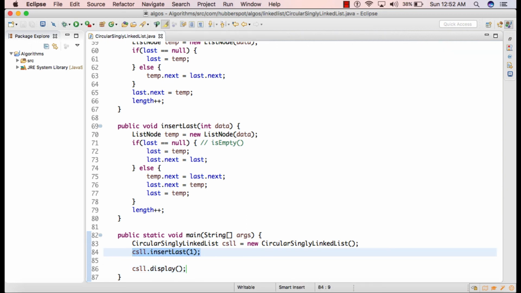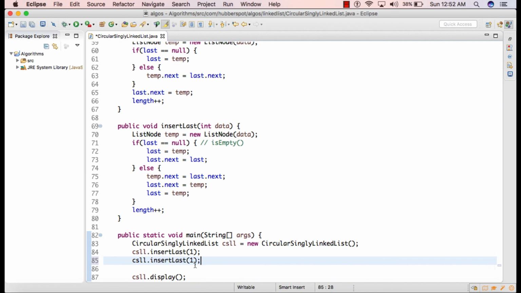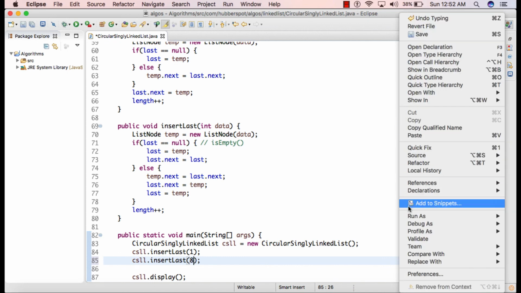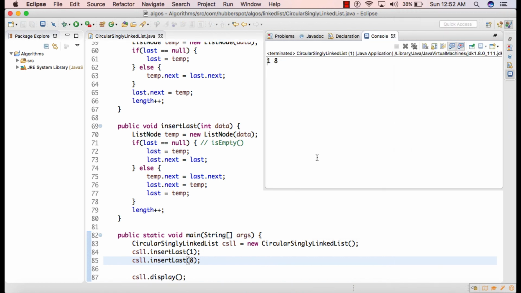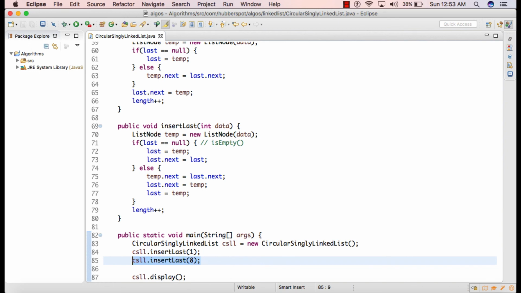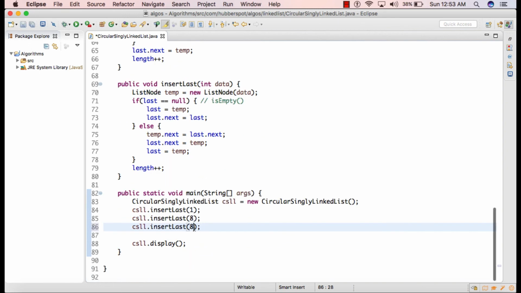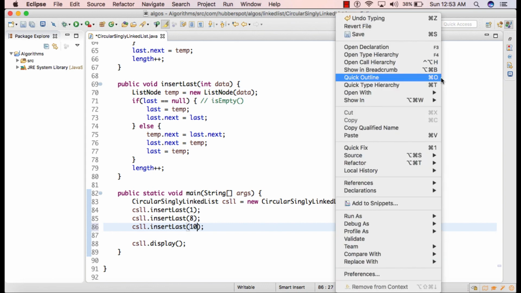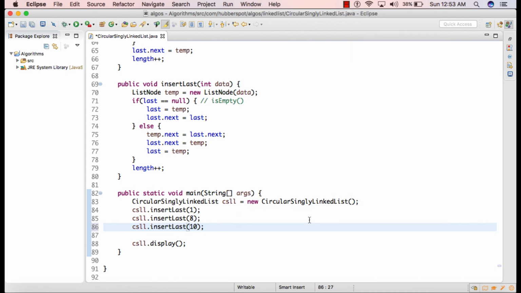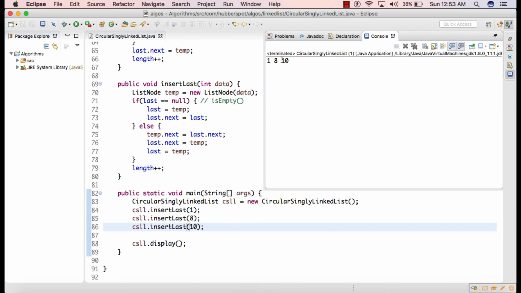Now let's insert one more node, and I provide data as 8, and when I run this code, you can see it printed 1 and then 8. So therefore it inserted 8 at the end of the circular singly linked list. Now let's say I insert one more node having data as 10, and if I run this code, you can see it printed 10.